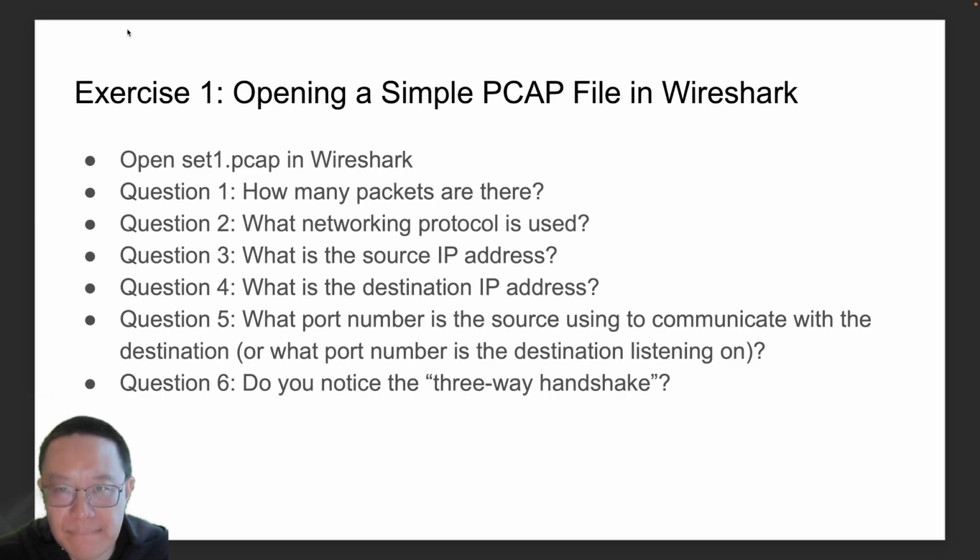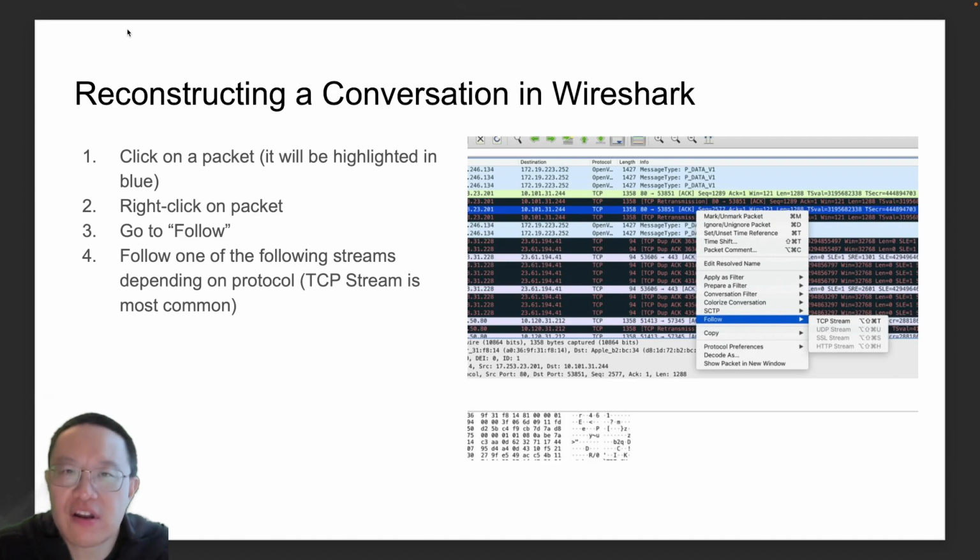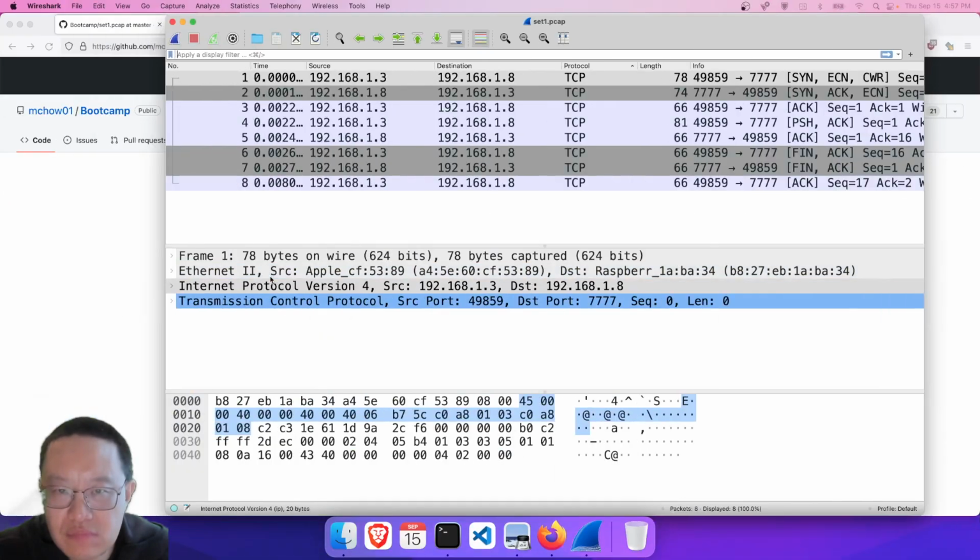Okay. So now the fun stuff is, how do you reconstruct a conversation between two parties in Wireshark? All you need to do is click on a packet, any packet, right-click on the packet, go to Follow, and then follow one of the following streams, depending on the protocol. TCP stream is the most common. So if you're going back to set1.pcap that we downloaded,